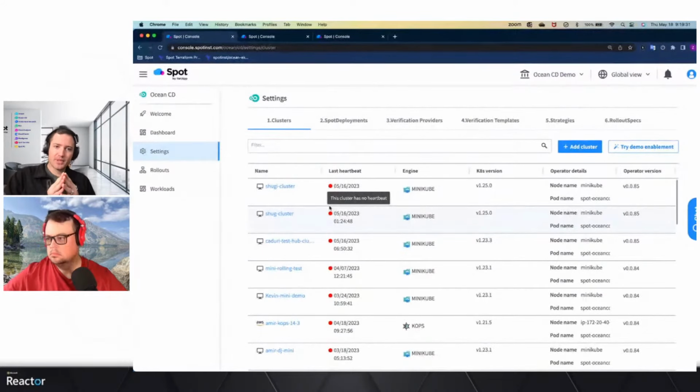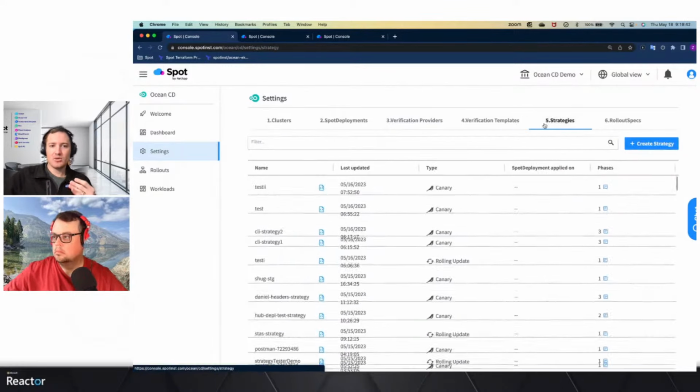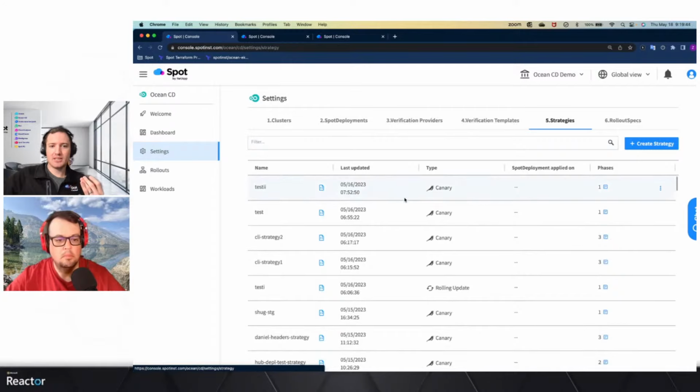And then we have a few different entities as it relates to Ocean CD. What these entities do is allow you to define how you want your deployments to behave.